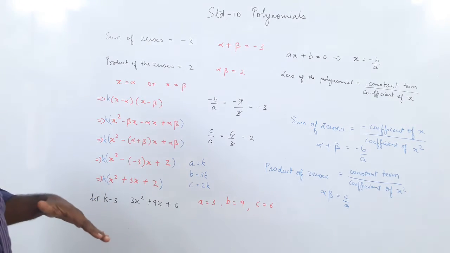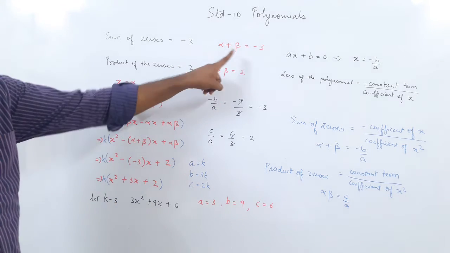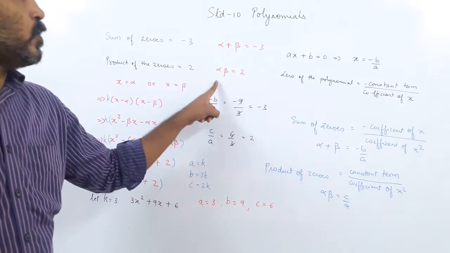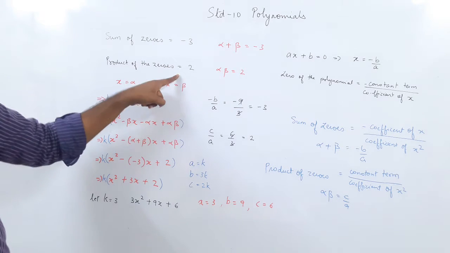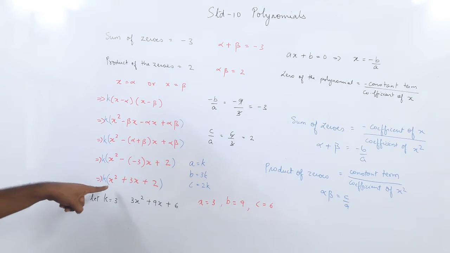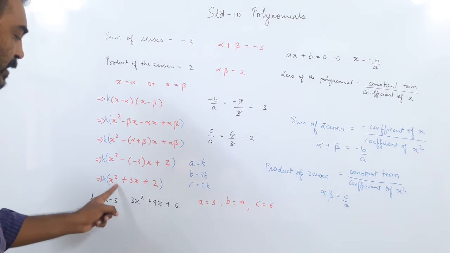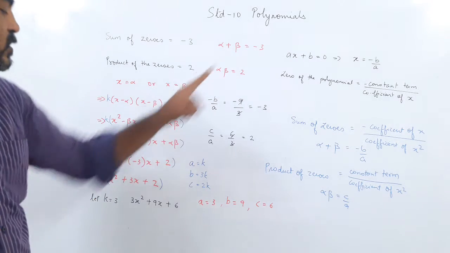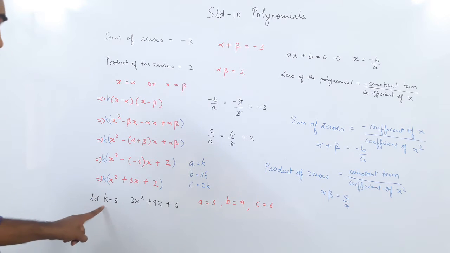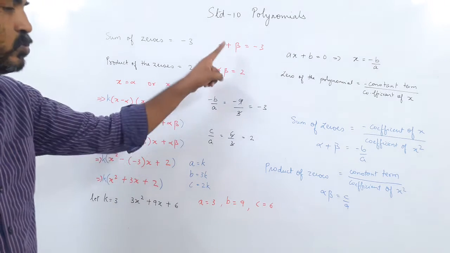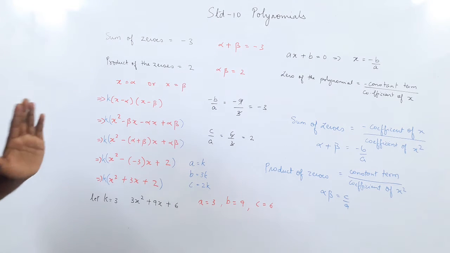In the previous sum, you were given a quadratic polynomial, you got 2 roots, and you verified the sum of the roots is minus b upon a, product of the roots is c upon a. Here I am given the sum of the zeros and the product of the zeros, and told to find the polynomial. You will say I cannot find one, but I will find infinite polynomials. This is the basic one, x square plus 3x plus 2. The sum of the zeros will be minus 3, product of the zeros will be 2, but the k here remains, because if I keep on changing the value of k, this rule still applies. So when I am given the sum and the product of the zeros, I can get infinite polynomials.